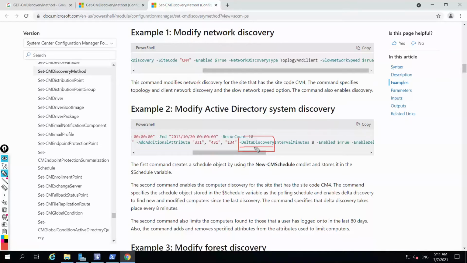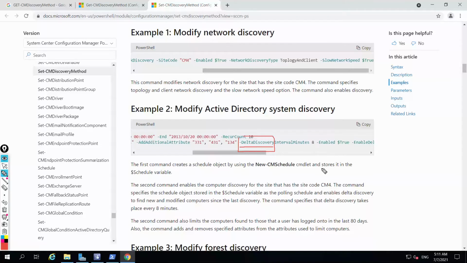Swati. What is delta discovery, Swati? Yes, Raju. Sir, I think it supports synchronization of user attributes, sir. Supports. Okay. Yes, Shiva. I don't have any idea about this, sir.